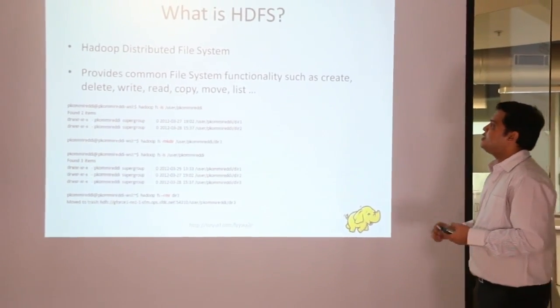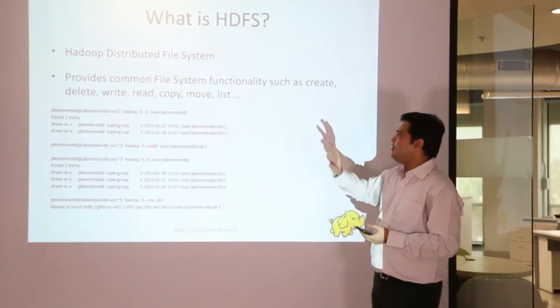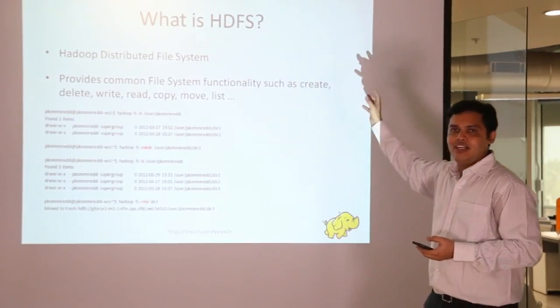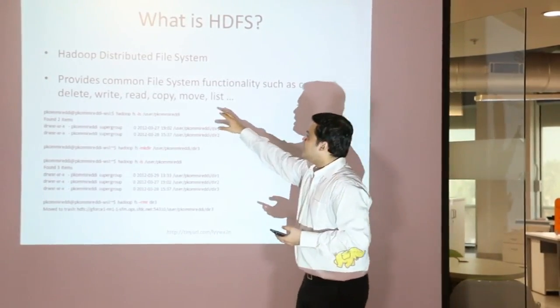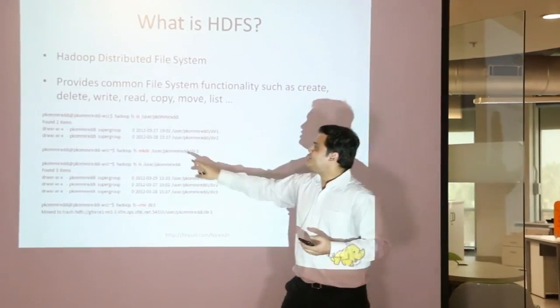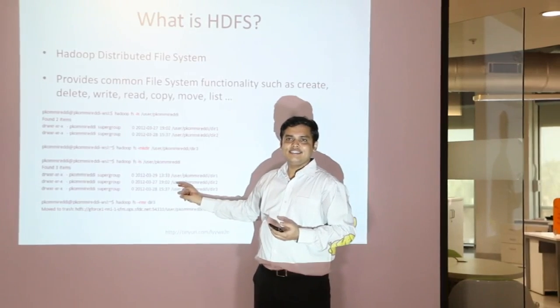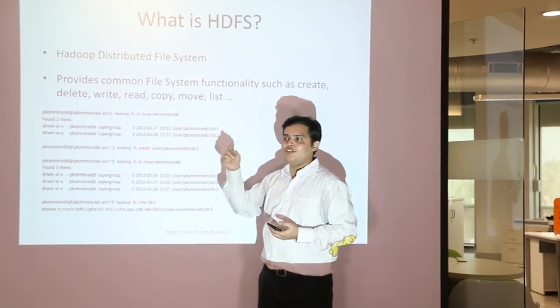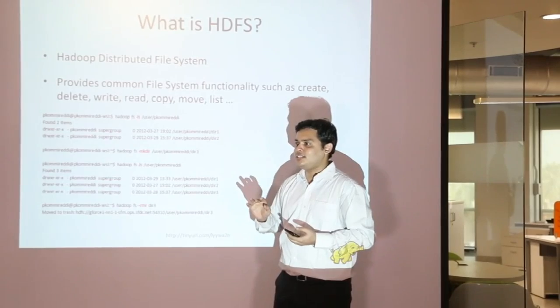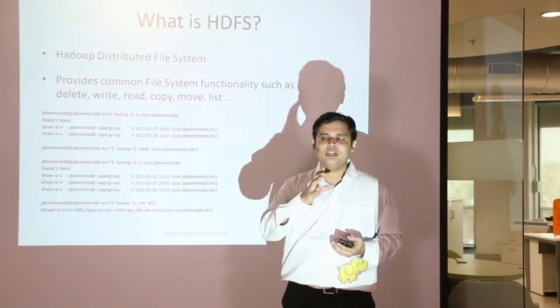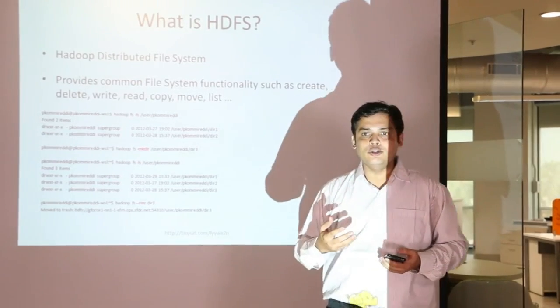So what does it do? It provides you the file system functionality whereby you can create a file, delete a file, write a file, read a file, and so on. And this is how the commands look. This is to list all the files. This is to make a directory. It's similar to DOS, right? In DOS also, if you do a dir command, you get a list of files and directories. mkdir is used to create a new directory. So it's pretty simple; they are called command line tools, right?